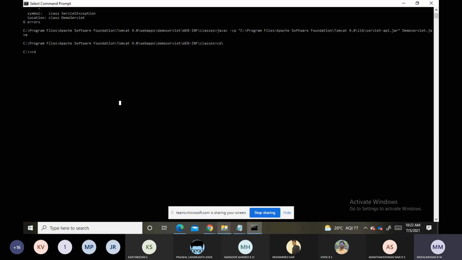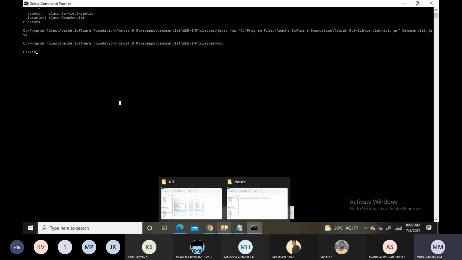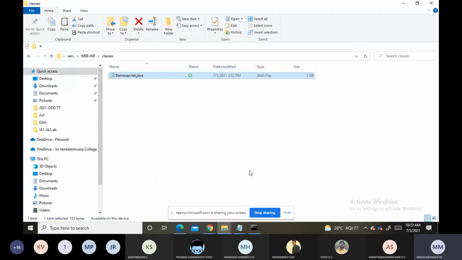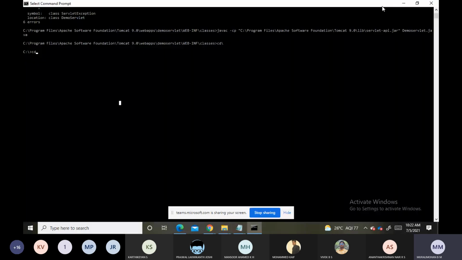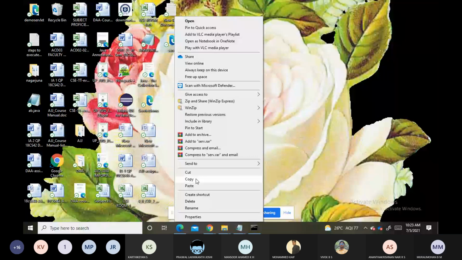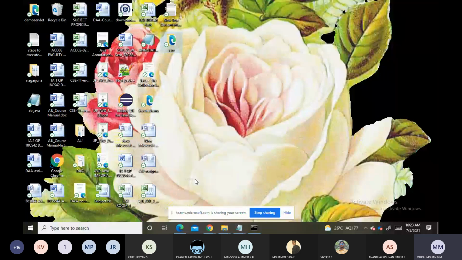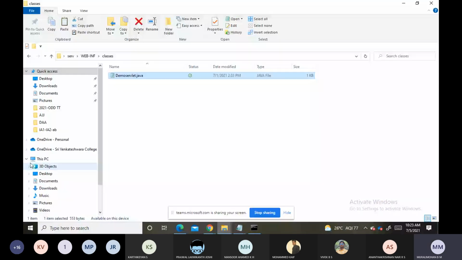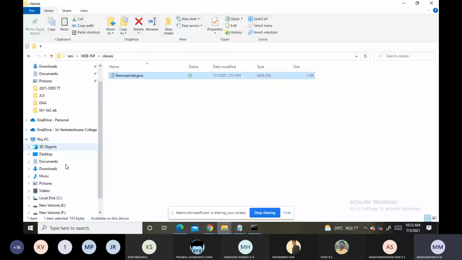Now the folder we created on the desktop, that is serve, just copy that folder and go to your Tomcat server.